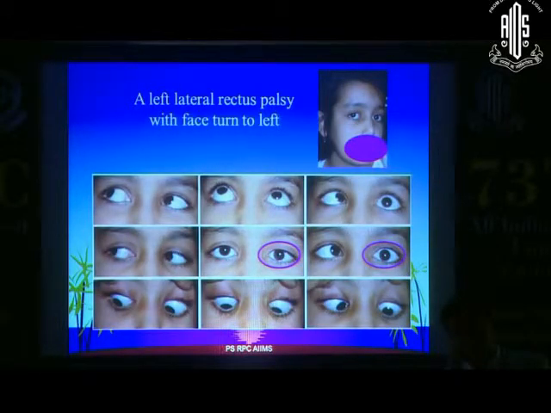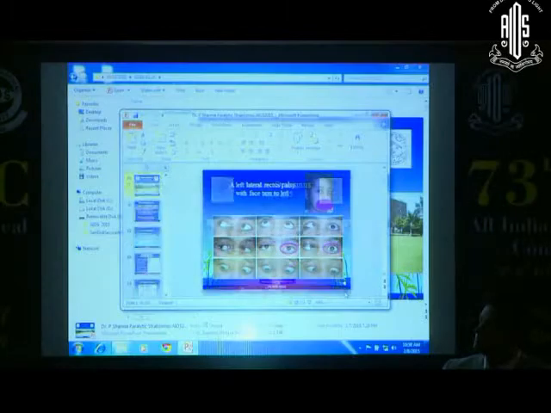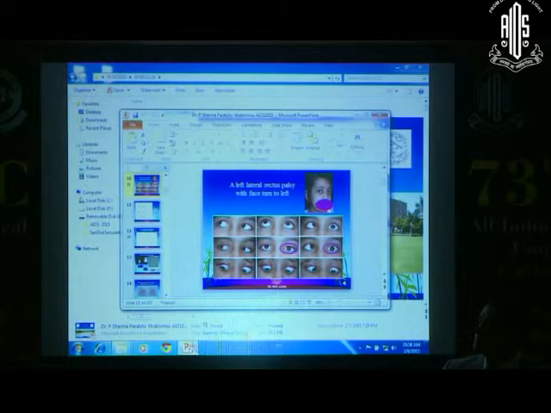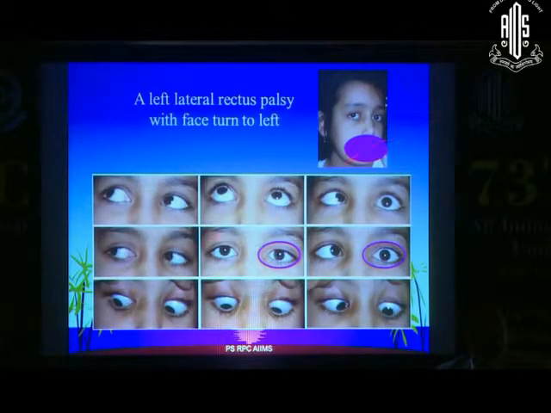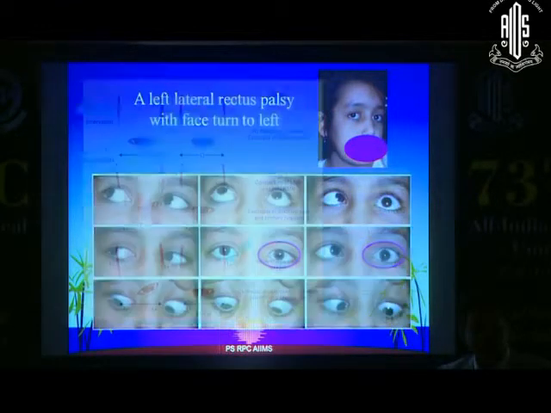Left lateral rectus palsy. Now let's go on to the sixth nerve palsy. It may have a classic head posture. Some of these slides are part of a presentation which we had given before. So in this you classically see the esotropia, the limitation of abduction, and in the opposite gaze the binocularity is possible, so they will usually have a head posture. This is what we should keep in mind.